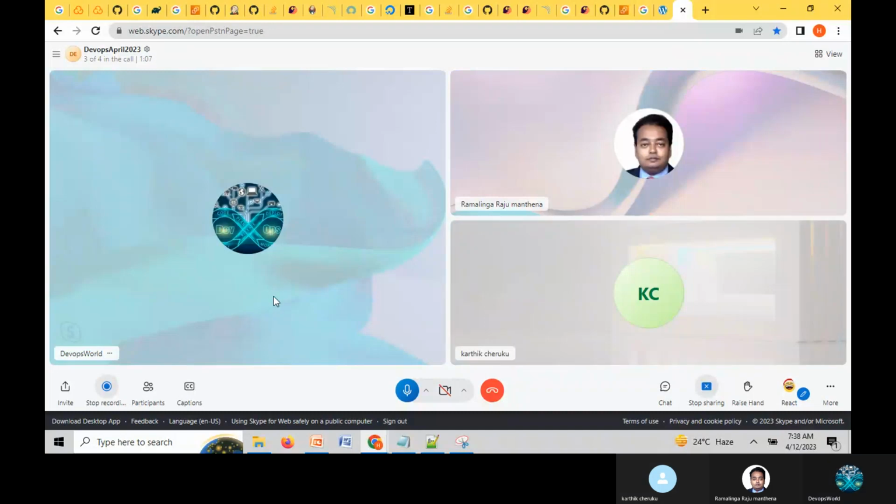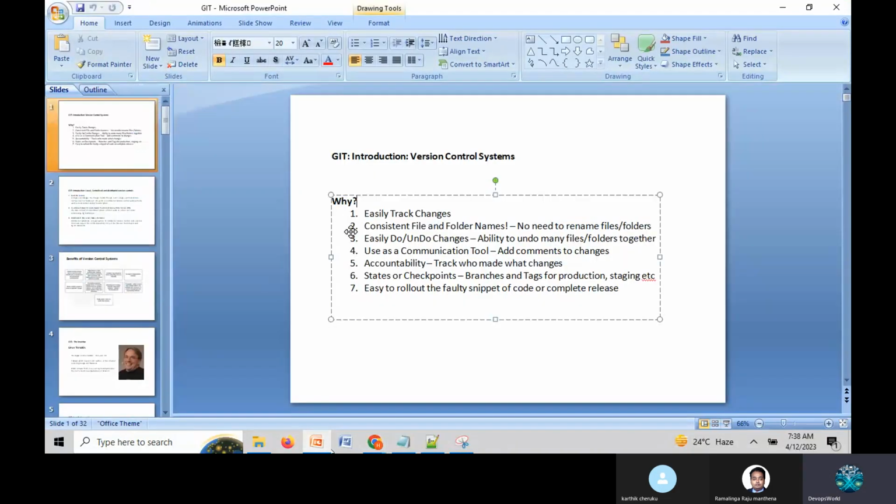Yeah, fine. Okay. Good. So first of all, why do we need to go for the version control system? You already know that, okay? So we have different types of teams in the market, like the development team and the application maintenance team. Coming to the development team, we have developers, QA people, and testers. And coming to the maintenance team, we have the operation teams, and other teams are available.